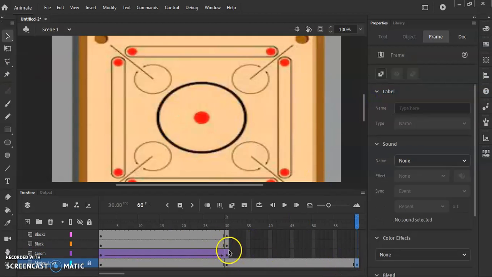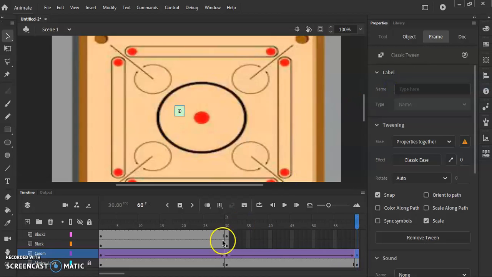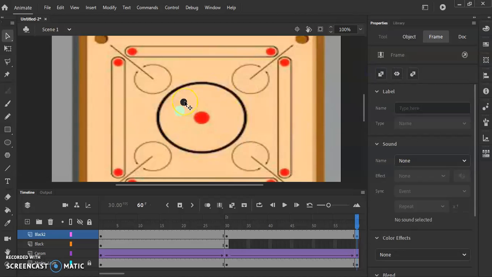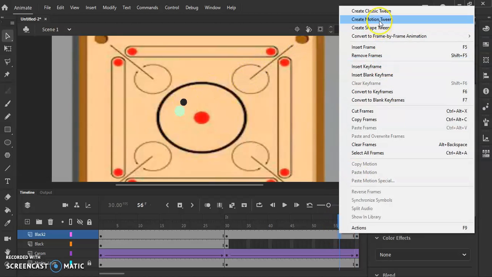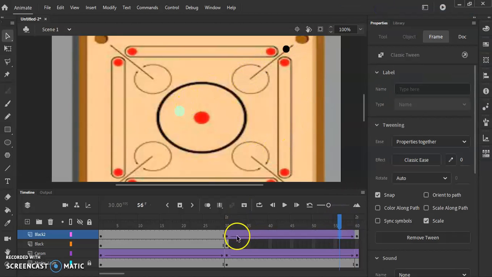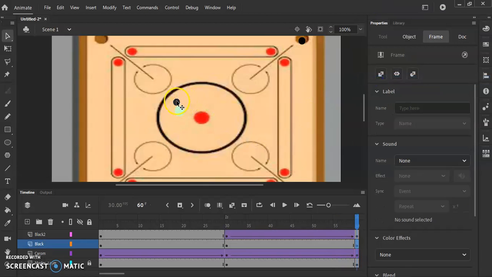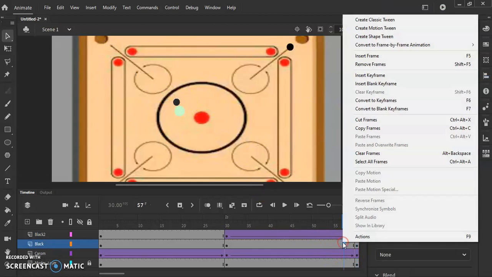Similarly at the 60th frame I'm going to insert a keyframe. Now I don't want this carom striker to go, so I want this over here. Now at the 60th, I'm going to insert a keyframe, and I want my black 2 to come into this pocket. So I will right click, classic tween. Over here I'm going to insert a keyframe, and over here I want my carom over here. So now